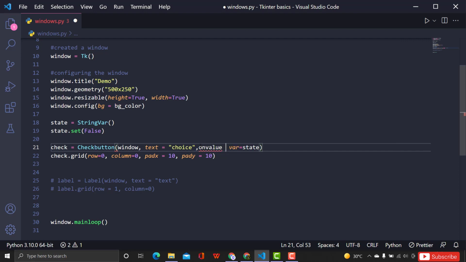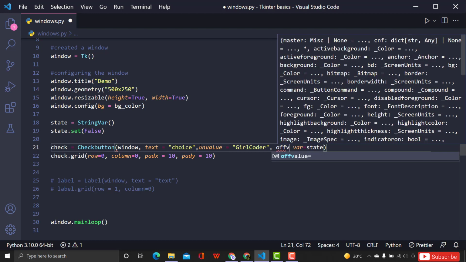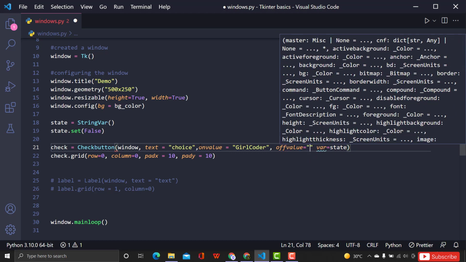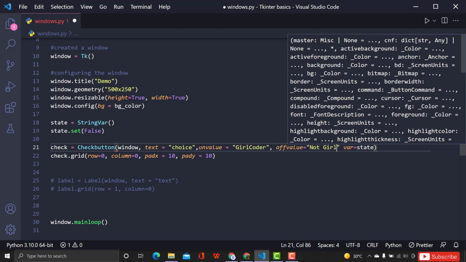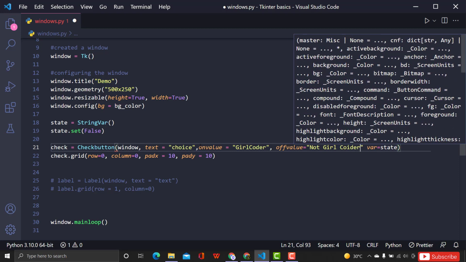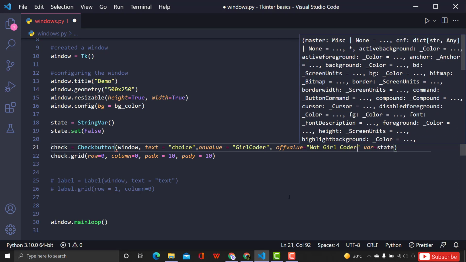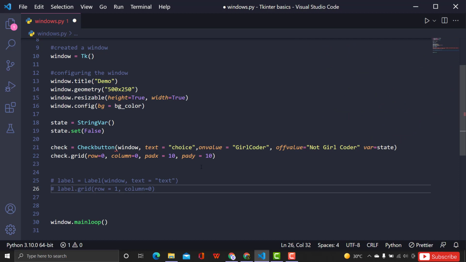On value equal to girl coder, and off value is, for example, not girl coder. Before explaining what these two parameters, on value and off value, are exactly doing,